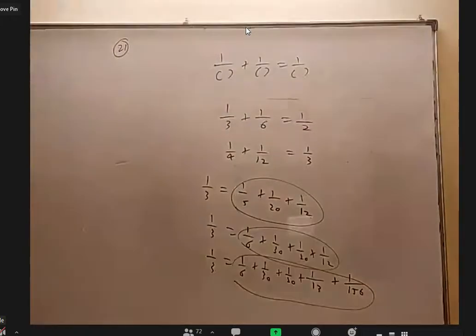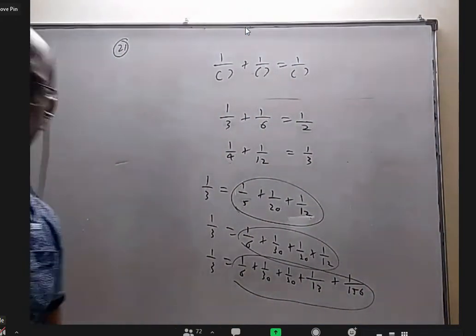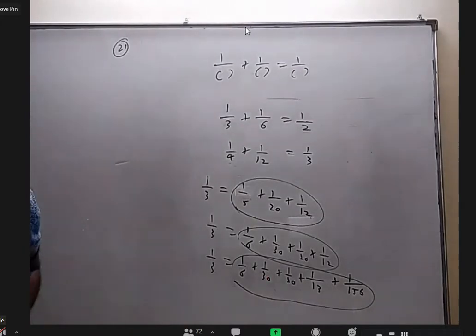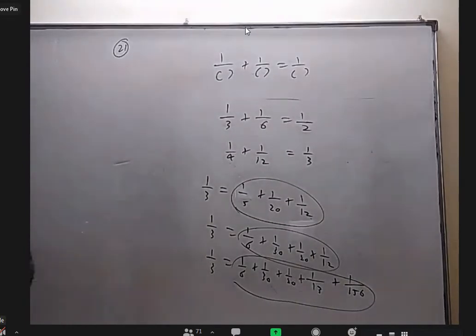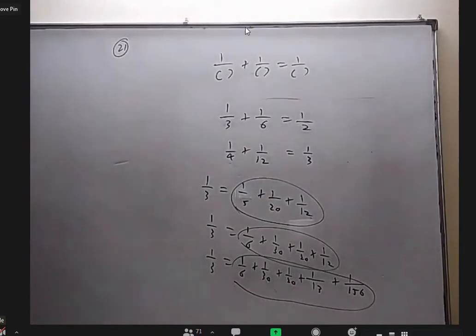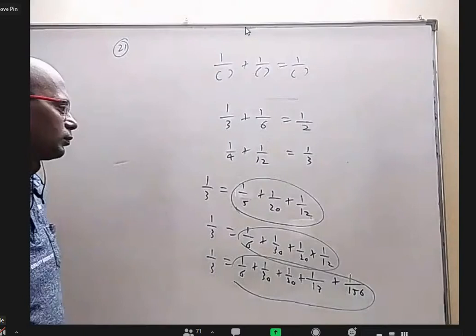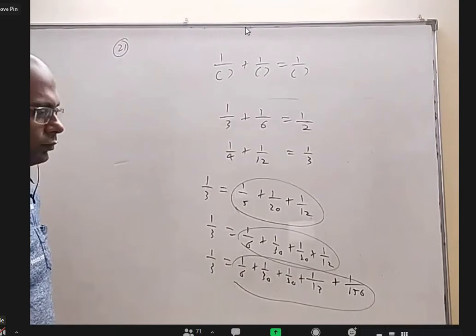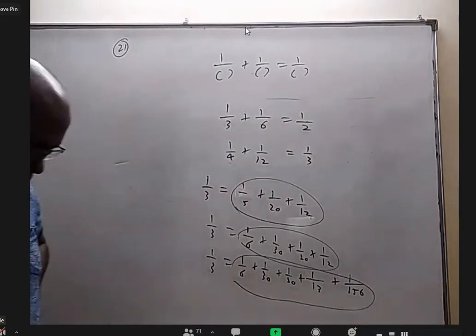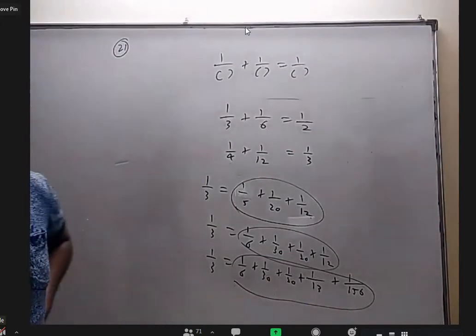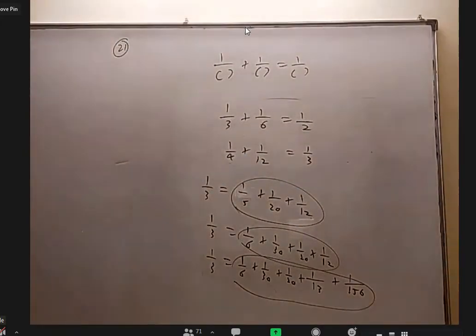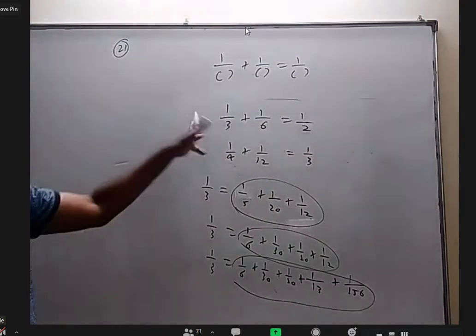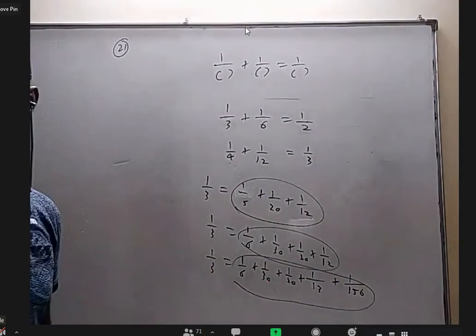Now the question is about how to make this kind of question. Take 1 by 3 and multiply the numerator and denominator with a number and then split it. For example, in the second case, 1 by 4 plus 1 by 12: multiply both numerator and denominator with 4 and write it as 3 by 4 and 3 by 12, and 1 by 12, then it will come as 1 by 4 and 1 by something. Yeah, that's nice. So instead of 4 and 12, can you tell me in general what the result is in terms of x or n or some k?